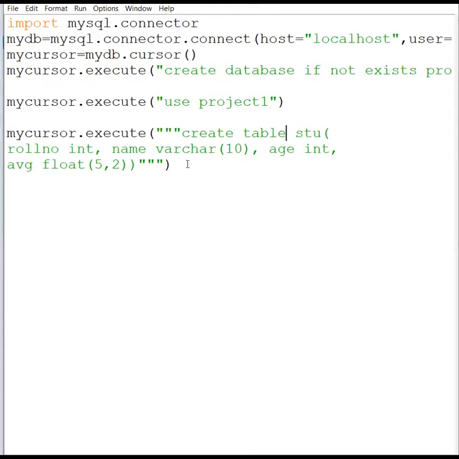Now, suppose you want to insert anything. Okay, so again, my cursor dot execute. Then we will be writing the insert query. Insert into STU. See, we will be doing so many extra things in this later on, but today what you have to understand is the complete interaction of Python and MySQL. That's it. So insert into STU values. Then I am going to pass the values.